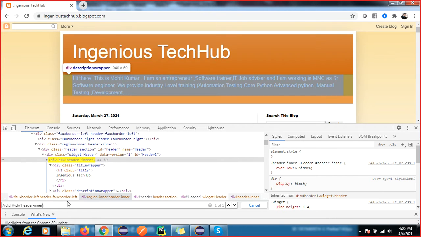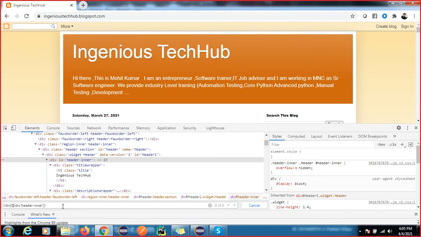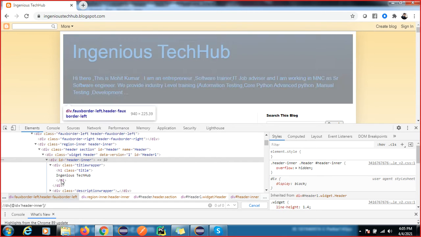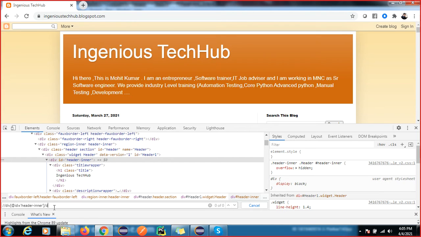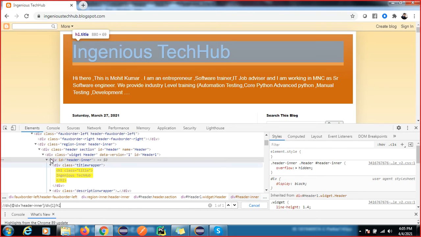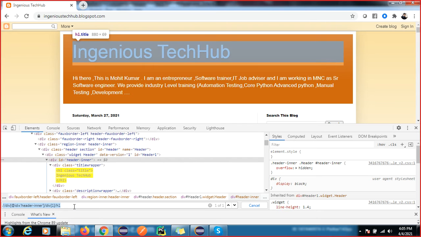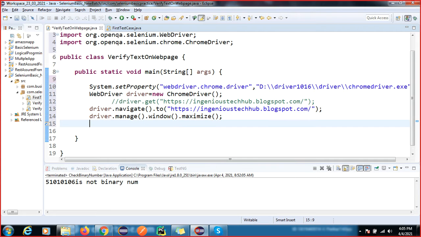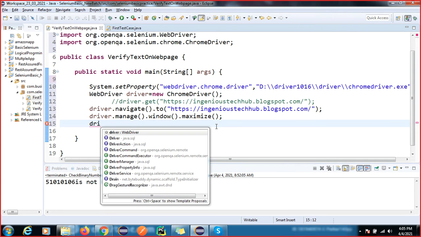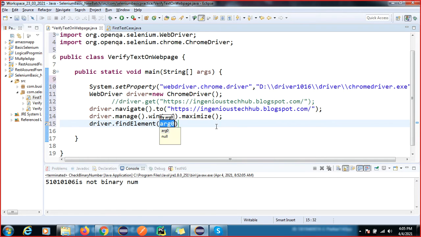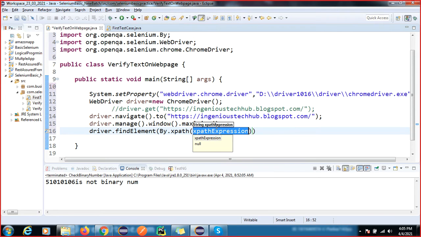Okay, so now after div, we have to reach here in this node, right? So div of 1 and again h1. These are the child, this is the parent, again this is the child, again this is the child. There are no siblings here. So we can directly get this XPath, and we'll capture driver dot find element by dot xpath, and we'll capture this.